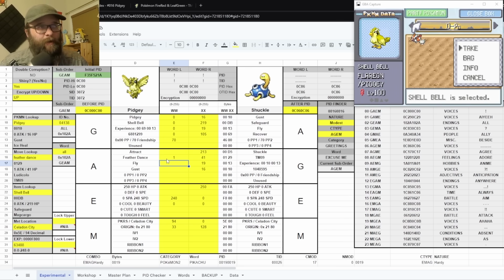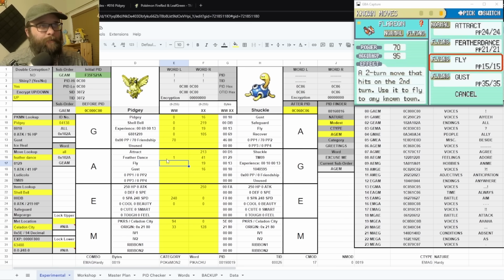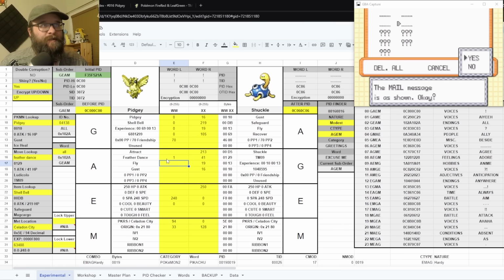Oh, I'm going to grab this Shell Bell real quick. That's a nice item. And then for the order of the moves, I went Attract, Feather Dance, Fly, Gust. Feather Dance will become a TM9 after I corrupt him, which, you know, that's a free TM. Nothing wrong with that. And then we swap over to voices,